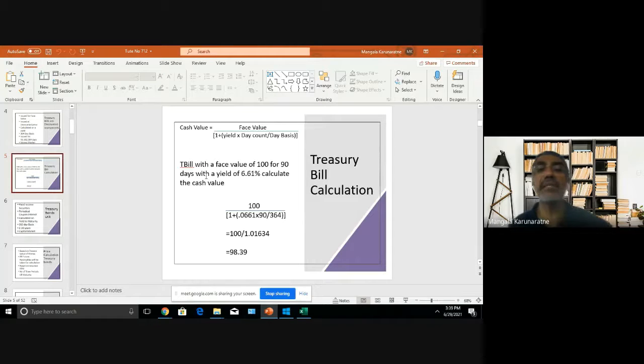I have given this example, and this is the formula for it. Usually a customer or an organization would say that they want a treasury bill for a certain face value. They will give you an amount as the face value, and you need to give that person the cash value. So you need to calculate it and then agree upon the